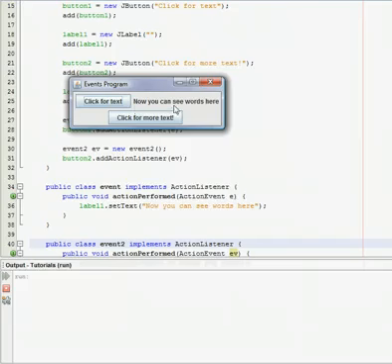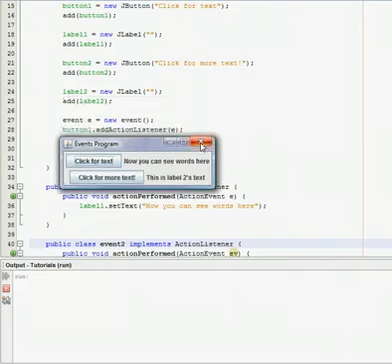Click for text. Now you can see words here. This is label 2's text. As you can see, we click this one, only that one showed up, and we click this one, only this one showed up. And now I'm going to teach you a little something on how we can actually click this. These words will actually disappear, and we can just keep clicking it, and they'll appear, disappear, appear,